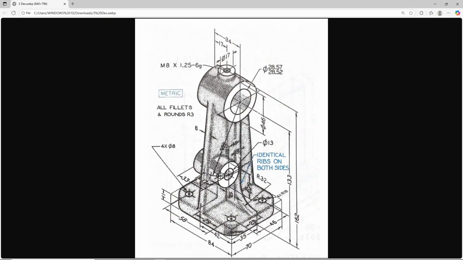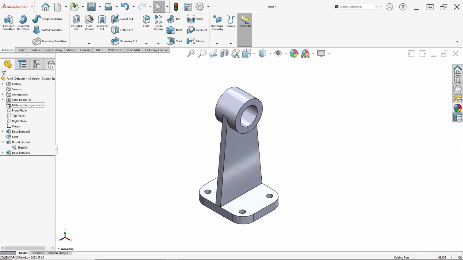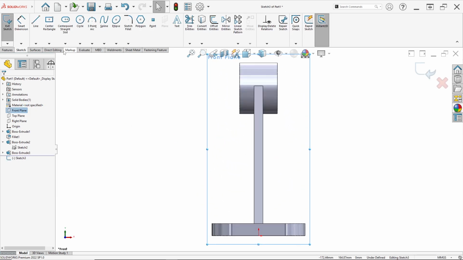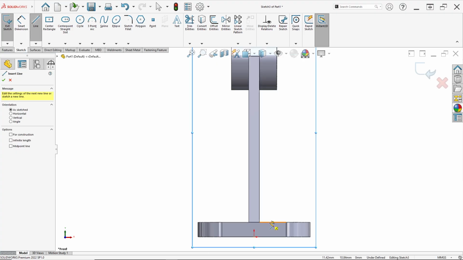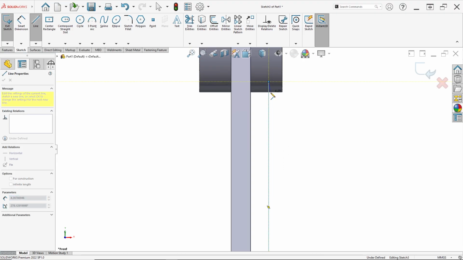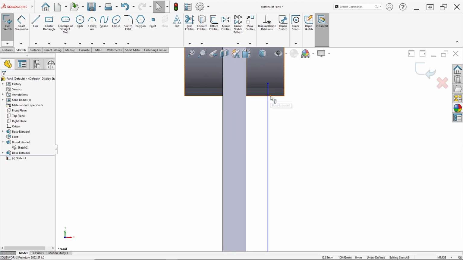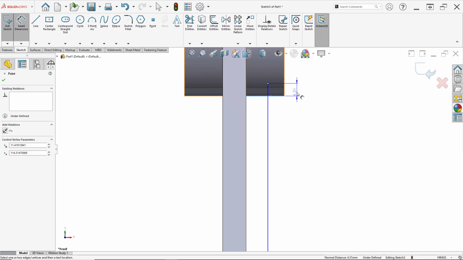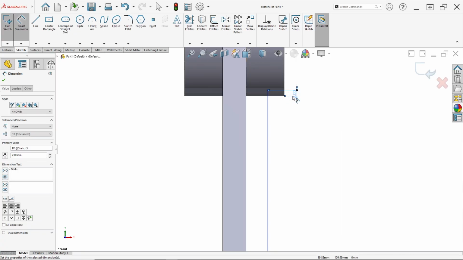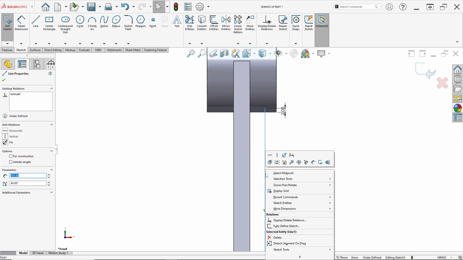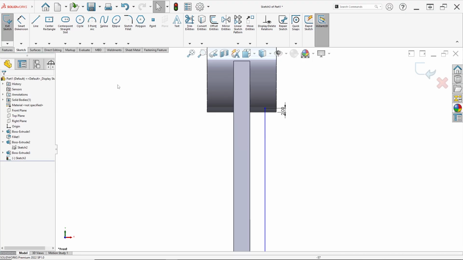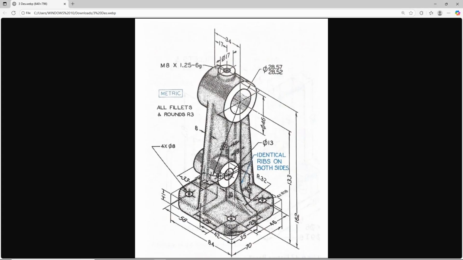So simple. And we can make a rib with thickness 8 millimeter, and the distance from this face to this rib is 10 millimeter. So right click on front plane and click sketch. Draw a line from this to this. Ensure this line is higher than this edge, for example 2 millimeter. Right click on this line and click make vertical and ensure the distance from this edge to this line is 10 millimeter.